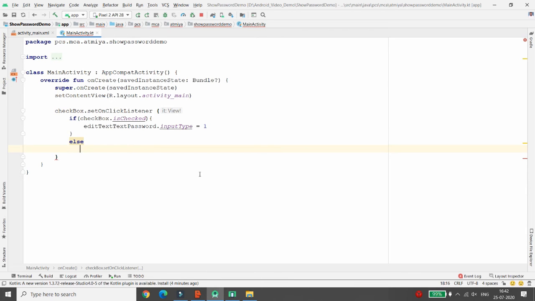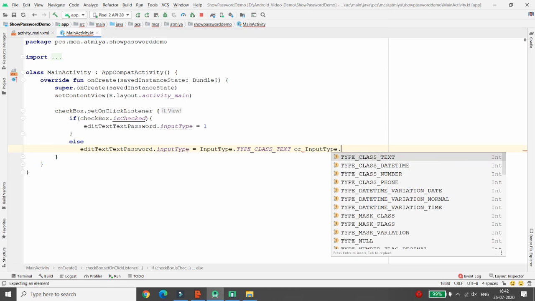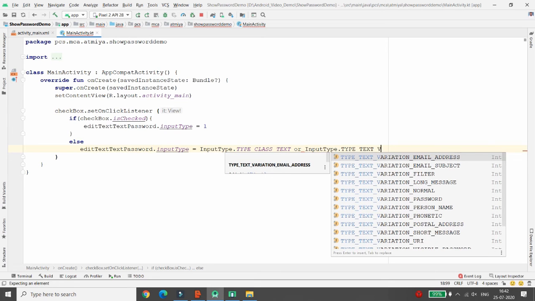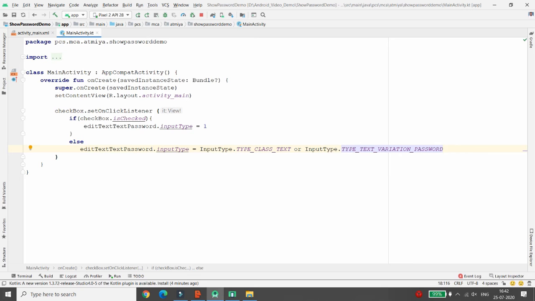In the else case you can write edit text password dot input type is equal to input type dot type class text or input type dot type text variation password.